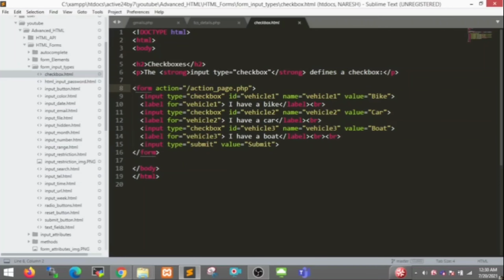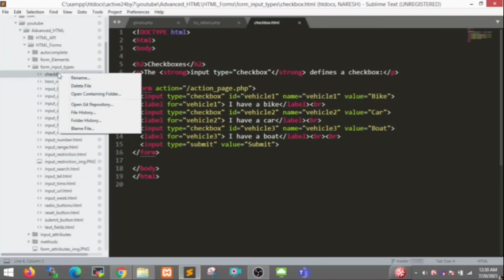The second checkbox is vehicle2, name vehicle2, value car, with another label, I have a car. Another checkbox for vehicle3, name vehicle3, value boat, and a label, I have a boat. After that I created one submit button.